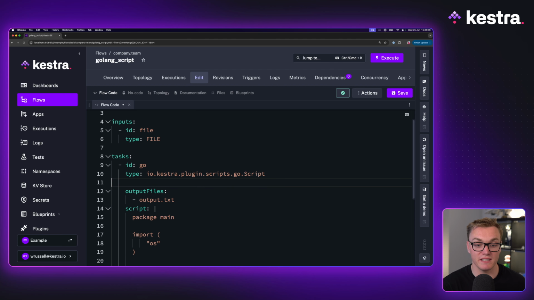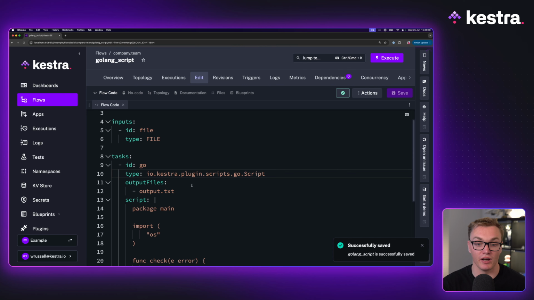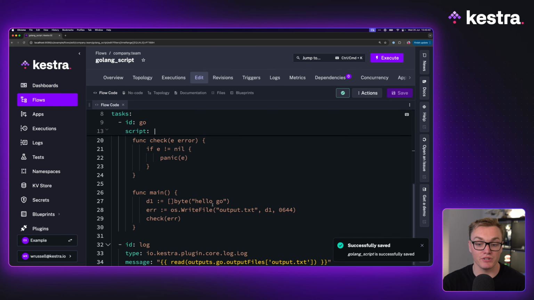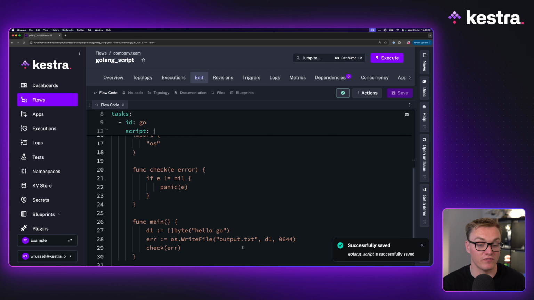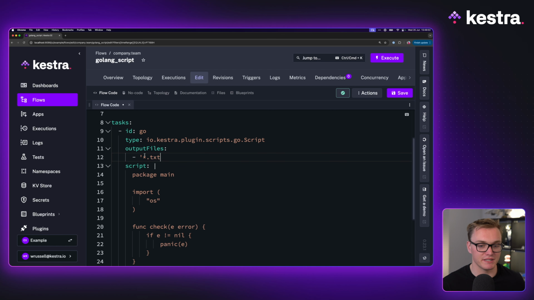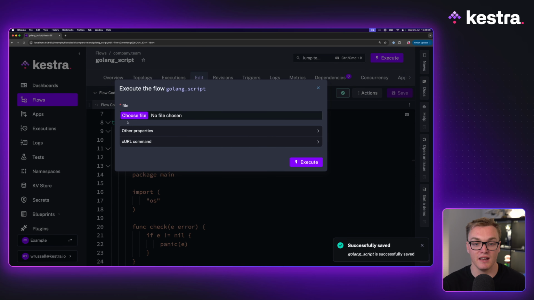Now, similar sort of idea with output files as well. Again, all I've got to do is just save the file inside of Go, just like I would on any other system, and just specify what I'm expecting to get so we can make sure that's accessible. Now, you can also add things like an asterisk, so you can say anything with a txt file I want to be able to access, and it will find that. But if you know you're expecting a specific file, so like in this scenario, I'm looking for output.txt,